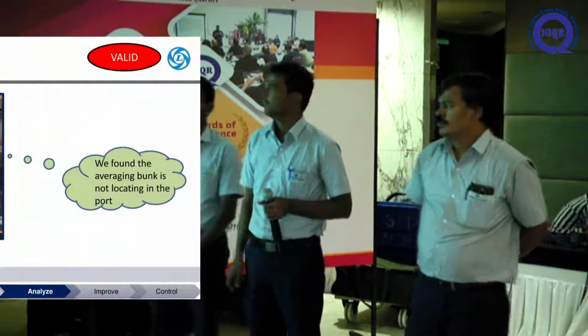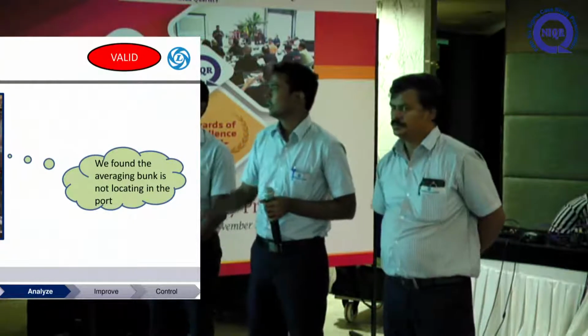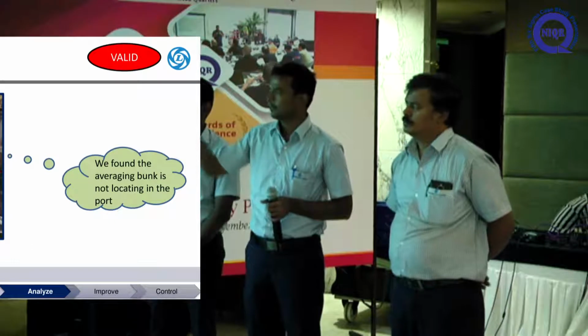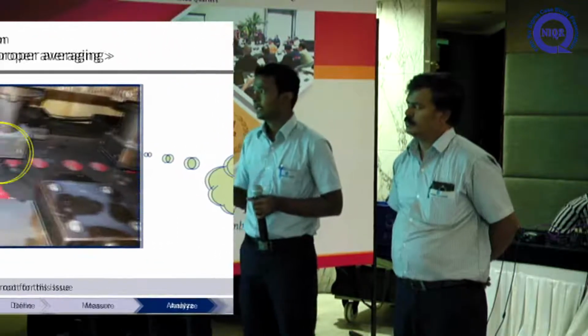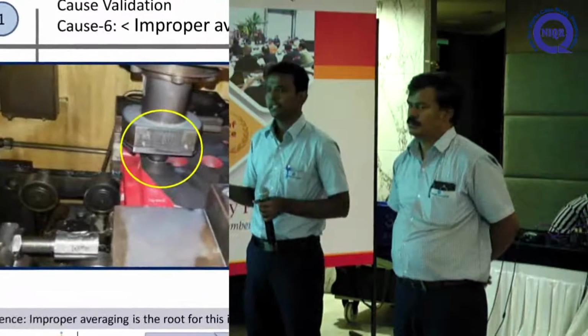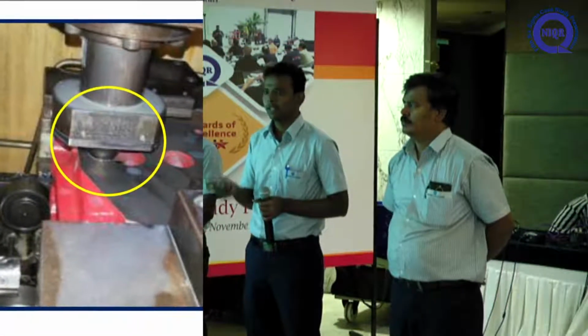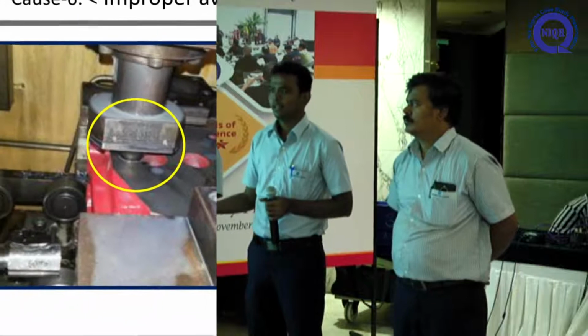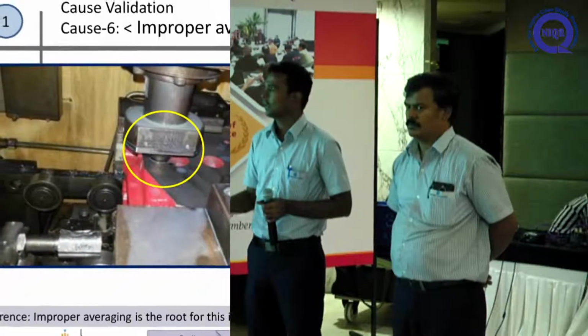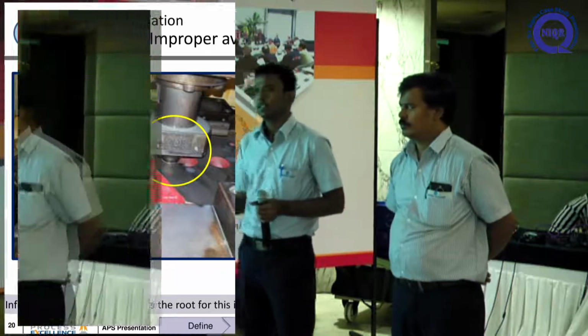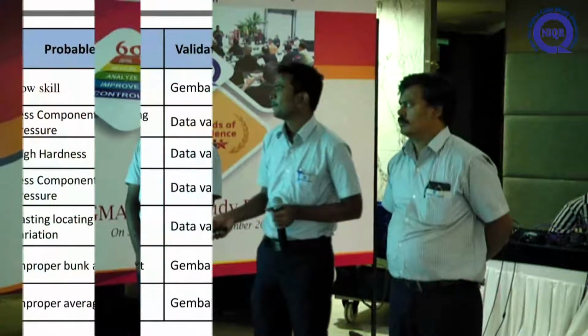In this averaging, we noticed an issue: the conical port is butting against the compression base instead of locating inside the port. The machinist could not identify that issue, that is, whether the averaging is done or not. So it automatically starts the machining, which leads to improper orientation inside the machine and leads to double hole shift.